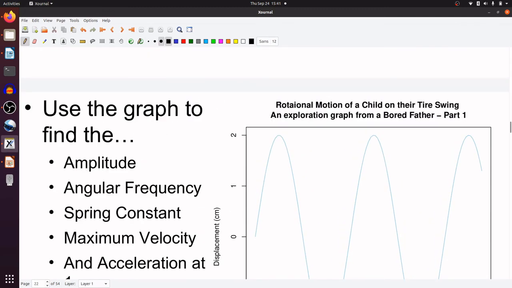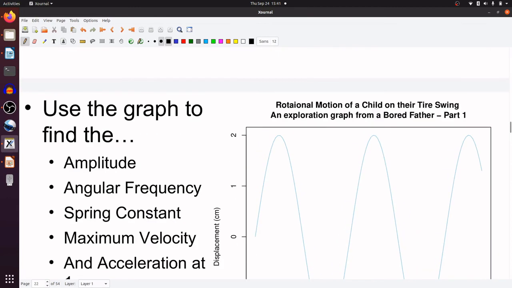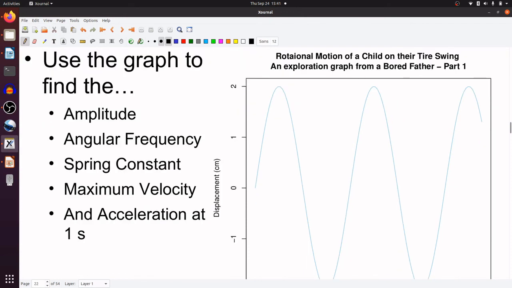An exploration graph from a bored father, part 1. I don't know where I came up with that. It just made sense at the time. Because when I think of having a child, I think it's being pretty boring, to be honest with you. Some people say it's really fun, but I always think of someone being really bored and graphing, and at least that's what I would do if I had a kid. And in any case,